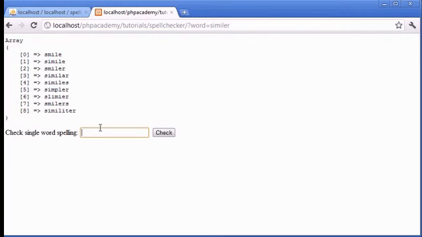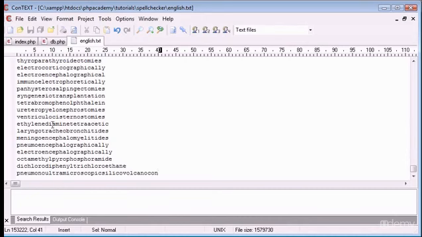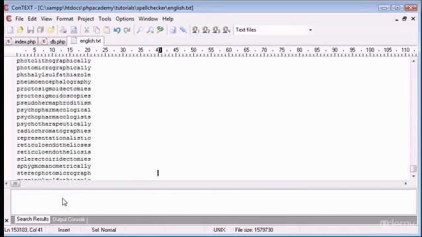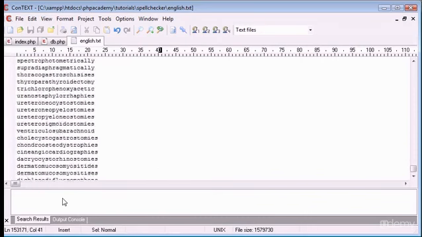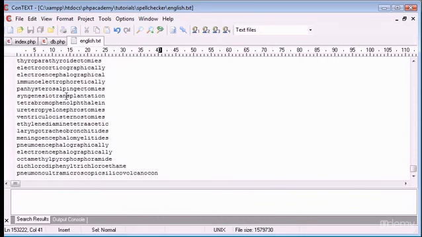Okay, so now that you know how it works, let's take a look at first of all the text file that we're reading in. I'm going to open up my text editor. You can see that we've got this long list of words that start out at A's and gradually come down to the X's and longer words as well. And if you look just at the bottom here, we've got 153,222 words. Now, this text file, english.txt, is available to download in the PHP Academy forum. So if you want to download this file for use in this tutorial, you're welcome to do so. Just head over to